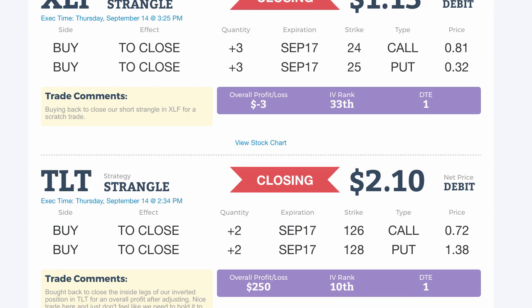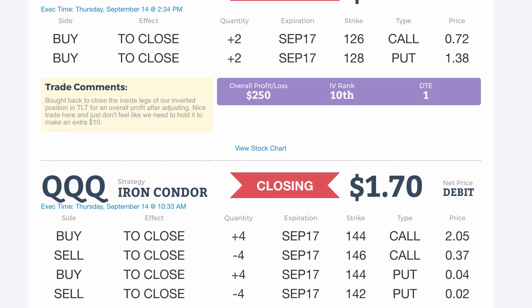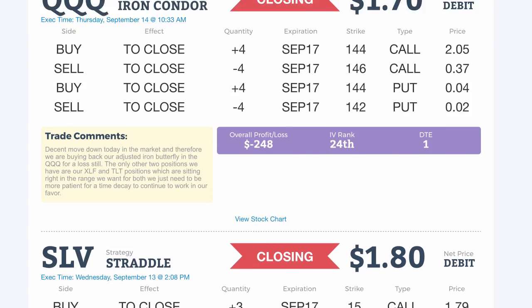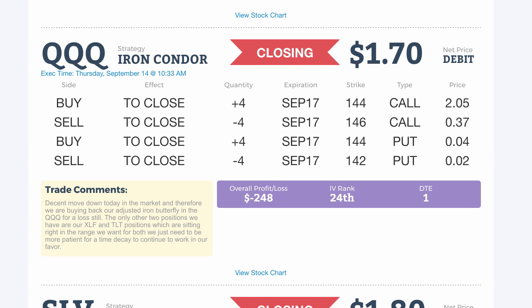So as far as today goes, it's again more cleaning up of the portfolio, really the positions that were still on the books. We still have our VIX position that we have to manage, but that's really at full profit. We're kind of just waiting to squeeze every last ounce out of that, which we'll probably just close tomorrow. We're not going to hold that any longer. We'll probably just close it early tomorrow.